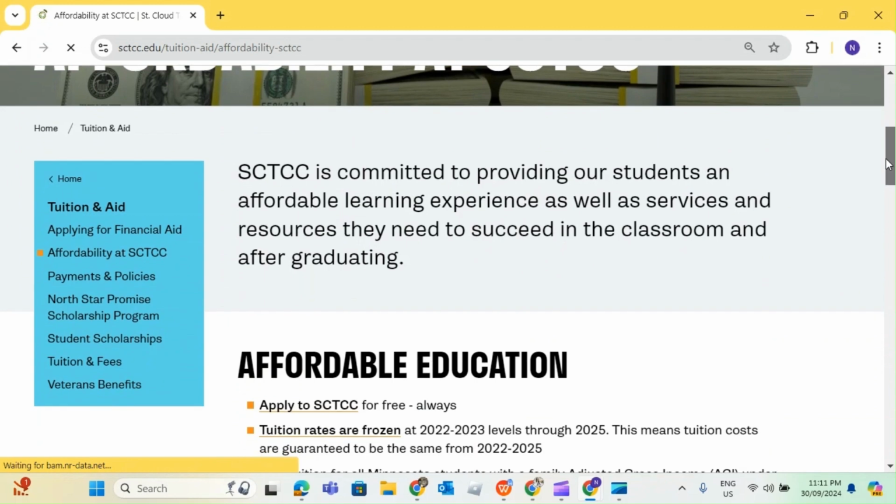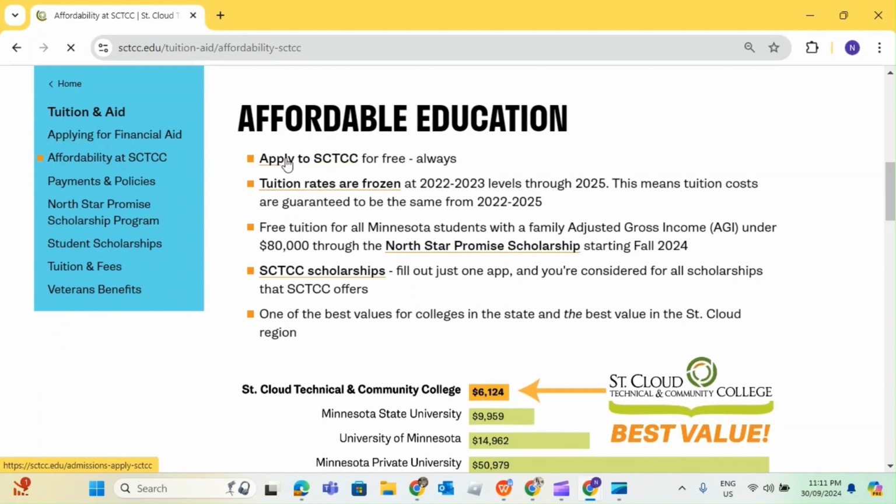Now, look at this. Apply to SCTCC for free. You don't need to pay an application fee to apply, okay? It's always free. Tuition rates are frozen at the 2022-23 level through 2025, which means until next year, they are not going to increase the school fees, it's fixed. Okay? Then free tuition for all